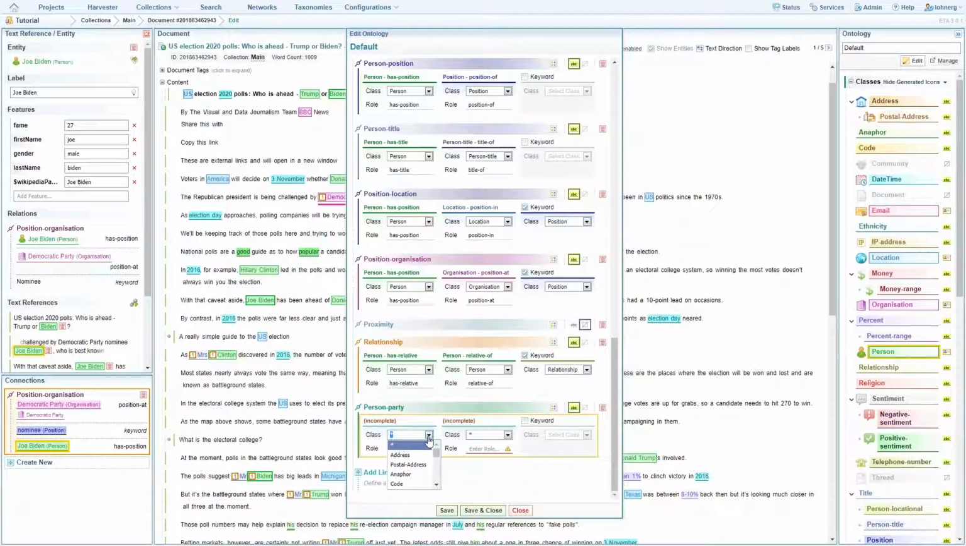Next, we can define the entity types that make up the relationship using the dropdown. We will select person for one and political party for the other. With each entity type we select, we also need to detail what role that entity plays in the relationship. For example, we could detail a role for a person as has party, and create a role for a political